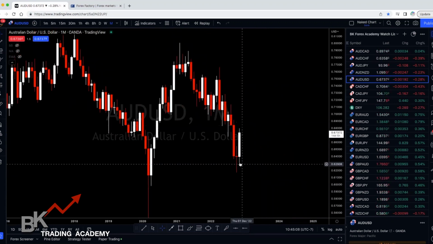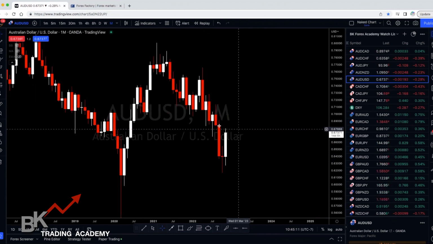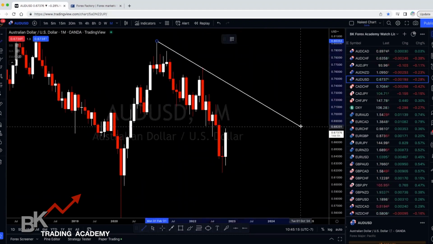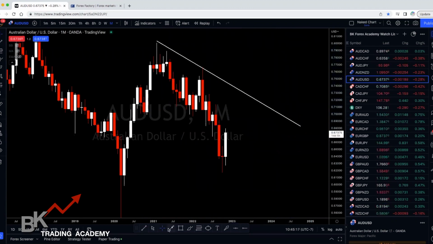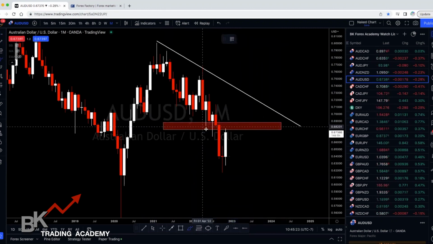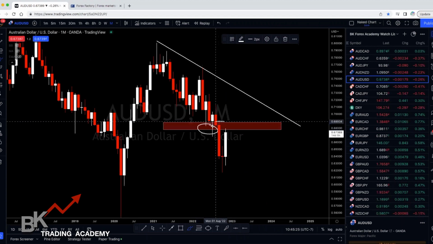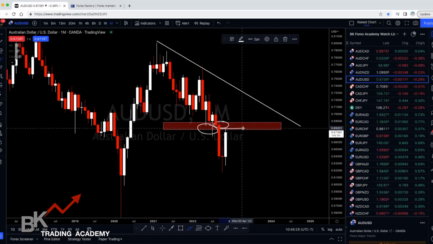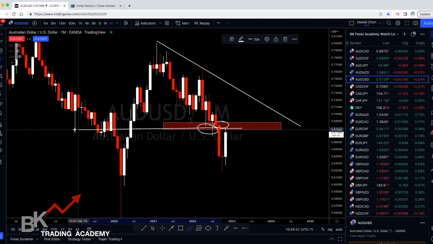You'll notice that price is currently in a corrective structure. So notice we have a downtrend here on the monthly where price is giving us lower highs and lower lows. Okay, and we're getting a retest back into a previous area of structure that was recently broken. So notice we have a monthly low here, and we also have a monthly high, and price is retesting within this area. And if I move my line out to the left, you'll see that this is